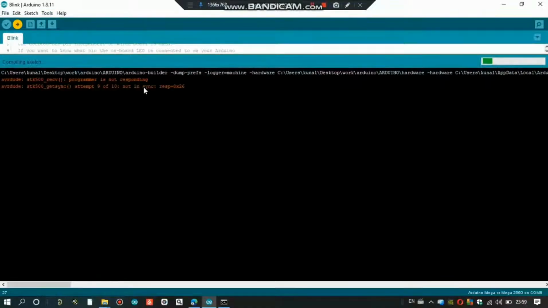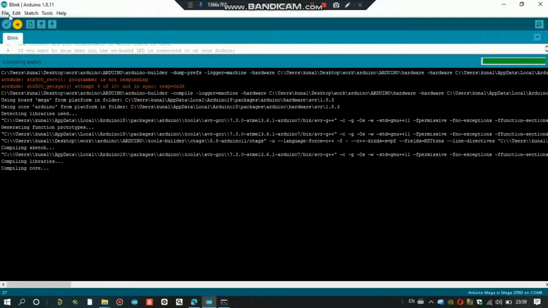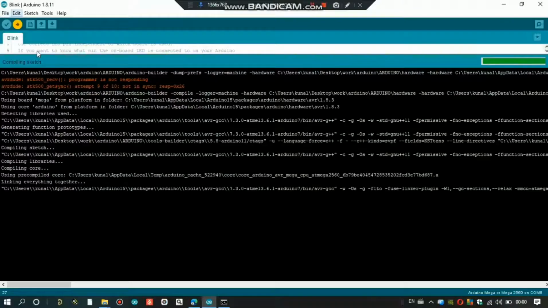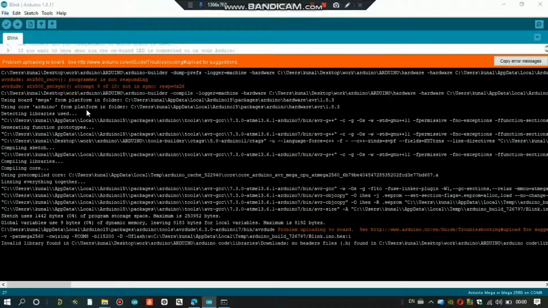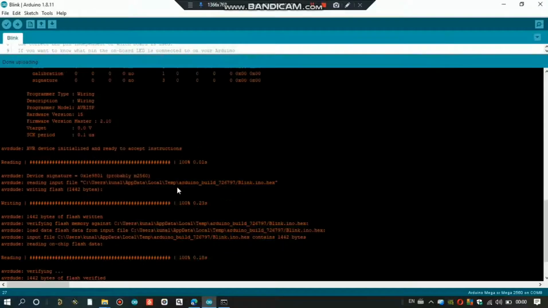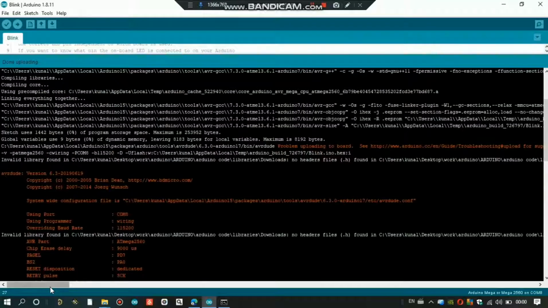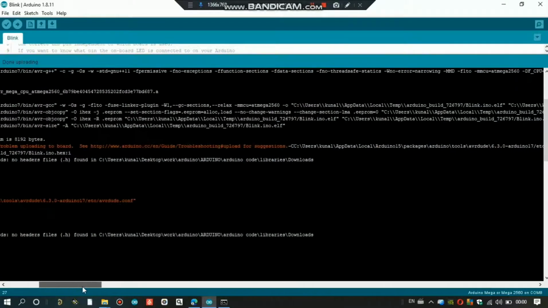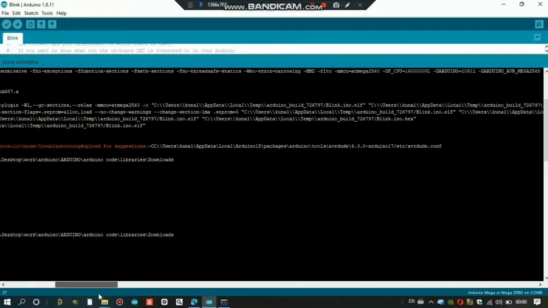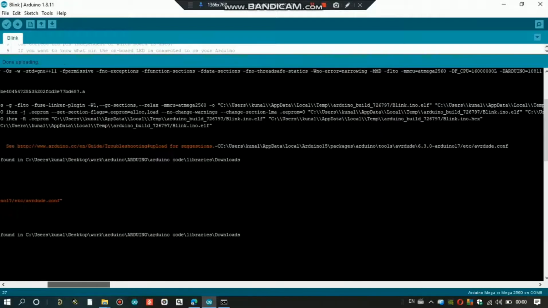Make sure you have enabled verbose output in the File, Preferences settings. Check this one, show verbose output during upload, and then it will show all such output.